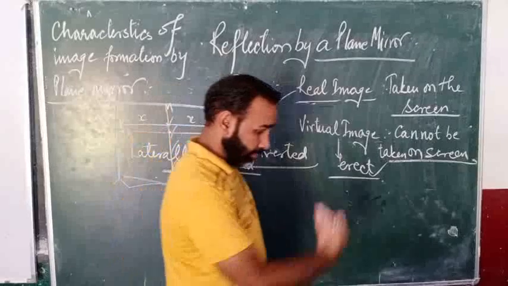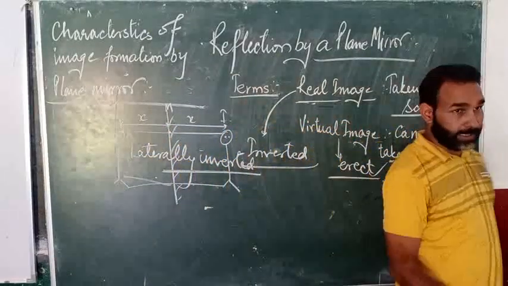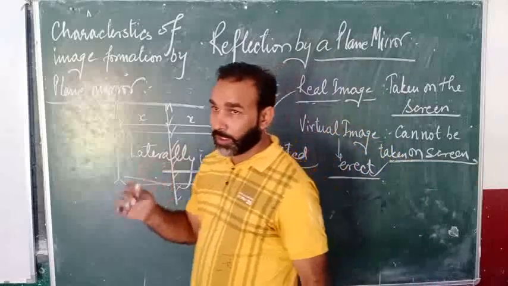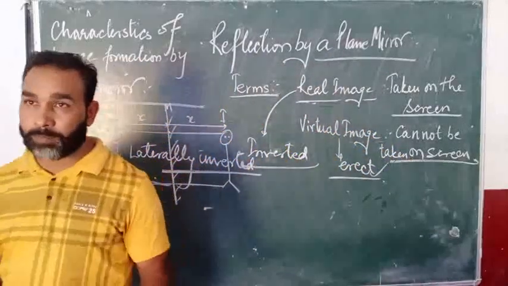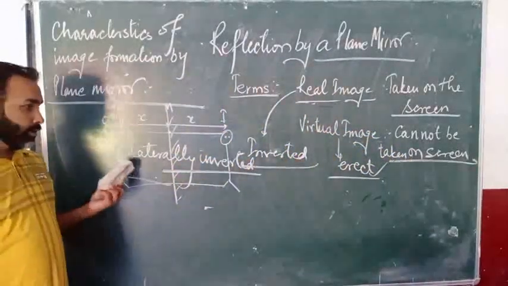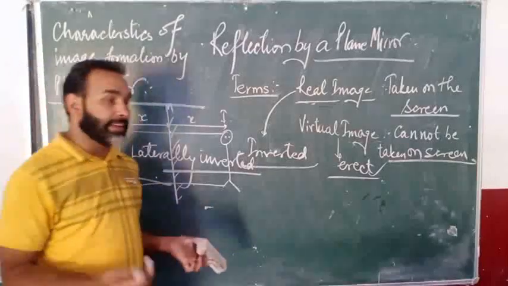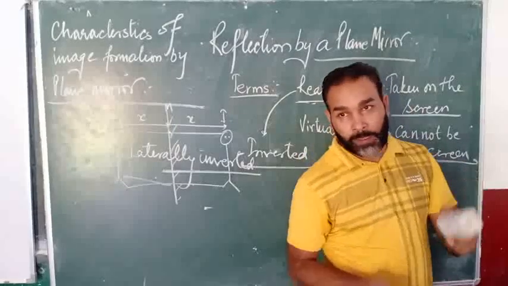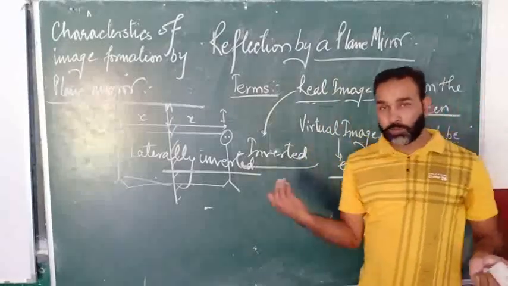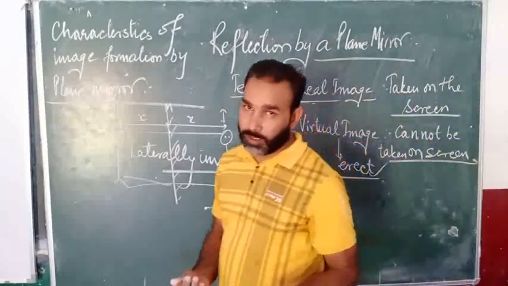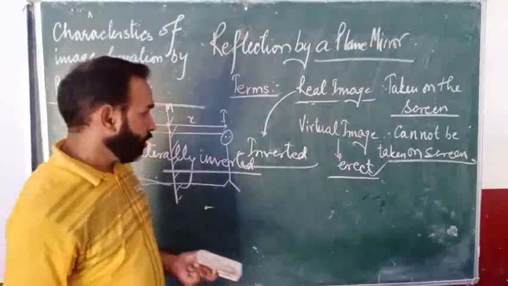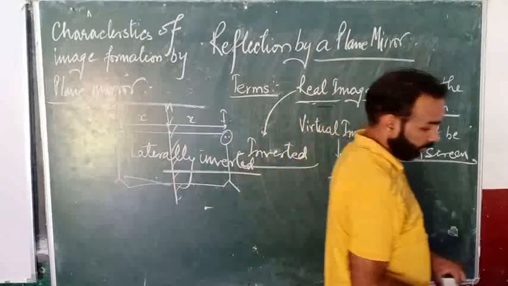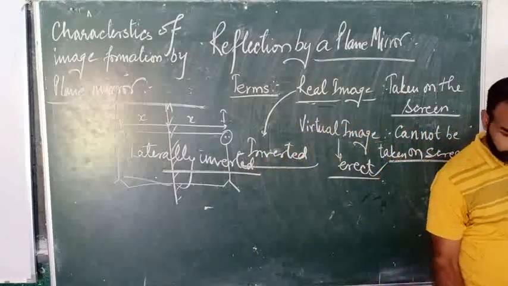लेटरली इन्वर्टेड मतलब आपका लैटिट्यूड वाइज जो है वो इन्वर्ट हो गया। अगर आपका राइट हैंड आप ऊपर करेंगे तो मिरर में इट लुक्स लाइक जैसे आपने लेफ्ट हैंड को ऊपर किया हुआ है। सो दैट फॉर्म इज कॉल्ड लेटरली इन्वर्टेड। और इन्वर्टेड क्या होता है, उल्टा, अपसाइड डाउन। और लेटरली इन्वर्टेड क्या होता है, लेफ्ट टू राइट इन्वर्जन होता है, दैट इज कॉल्ड लेटरल इन्वर्जन।